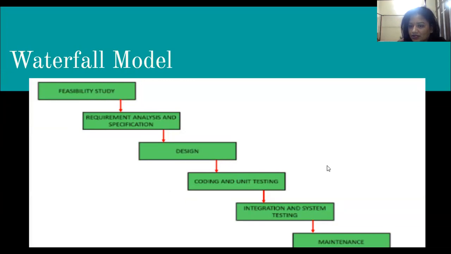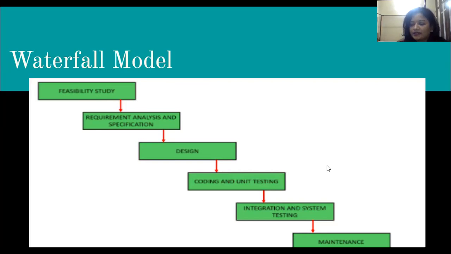Then comes the maintenance phase, in which the software company needs to maintain the software for the client as per the changing requirements, and in order to achieve a better user experience.